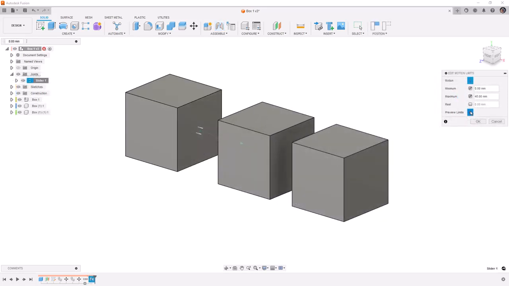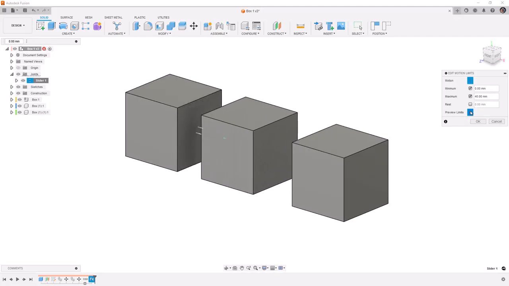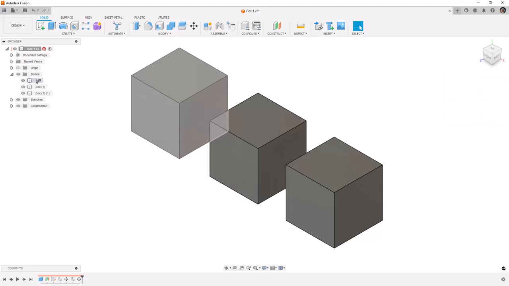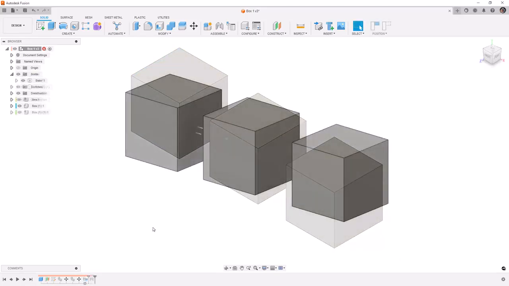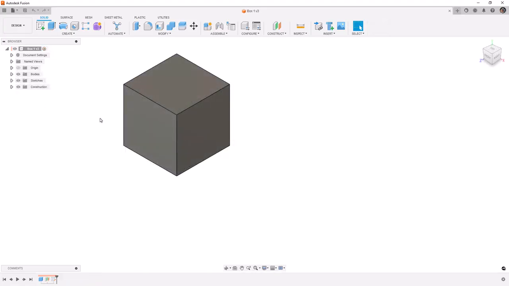When building models that require assembly, motion animation, or a bill of materials, components are required. It is best practice to create components as soon as possible in the design process, before creating geometry. Defining the locations of components early in the timeline keeps the structure of the assembly organized and helps to ensure that references update properly. As a simple demonstration of assembly modeling, suppose you want to create an assembly using this